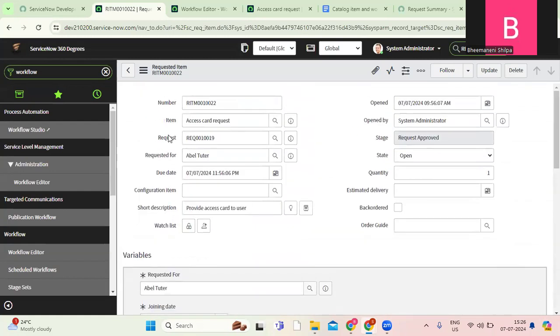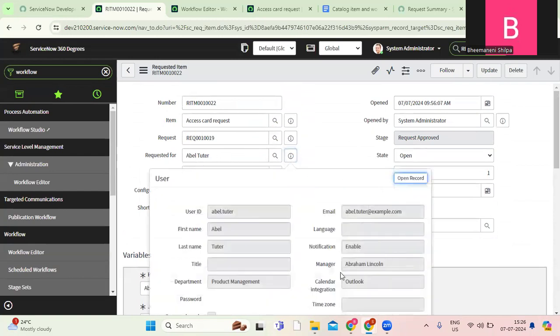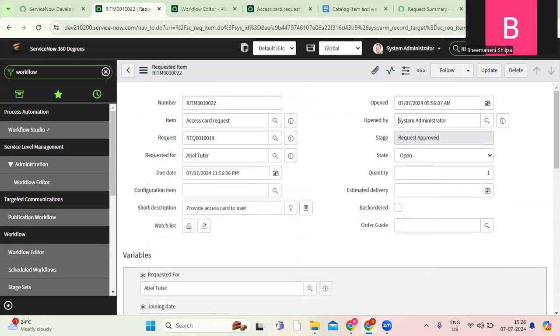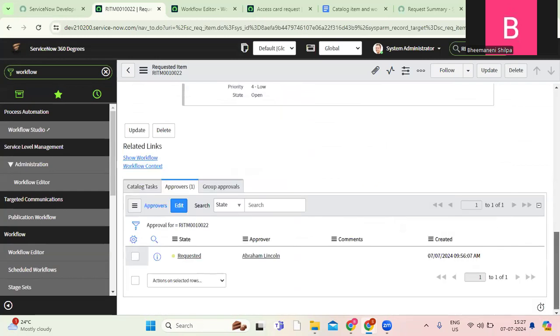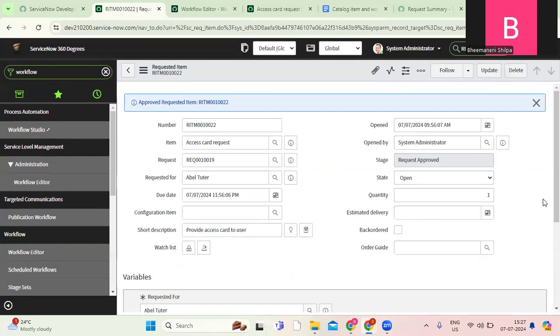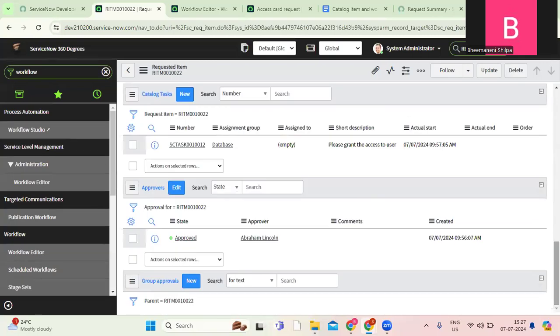You can see here who is user. Requested for username is Abel Tutor. If you open his record, manager is Abraham Lincoln. So it has gone to Abraham Lincoln for approval. Let me approve the request. What will happen? So since he approved it,